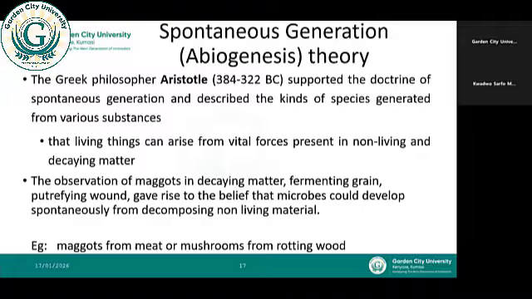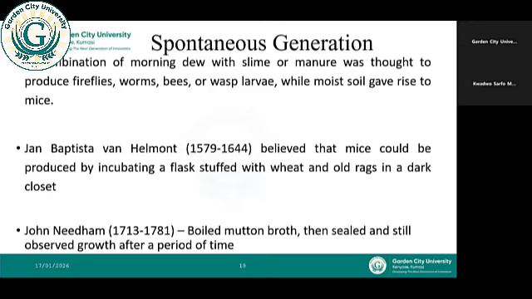This made them believe that spontaneous generation or abiogenesis is possible. So you have moisture in the atmosphere, combined with slime or manure, then you wake up and see fireflies, worms, bees, wasps, then soil giving rise to mice